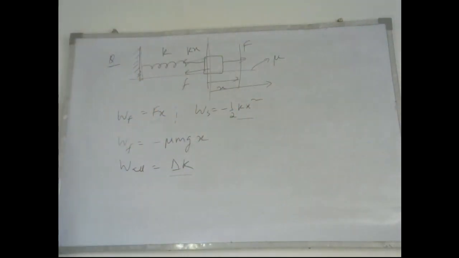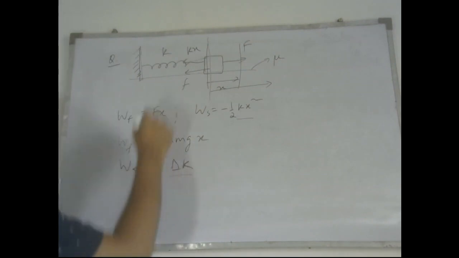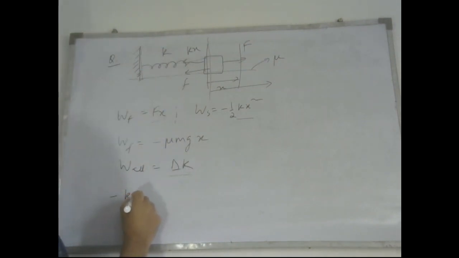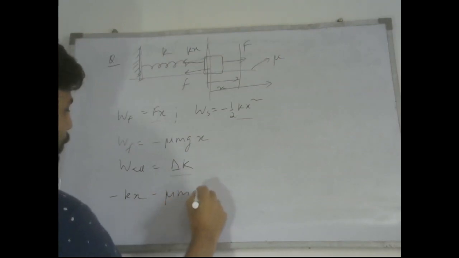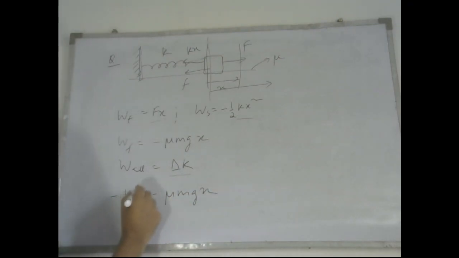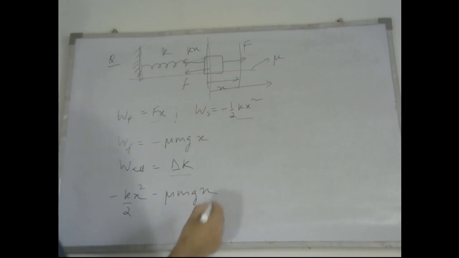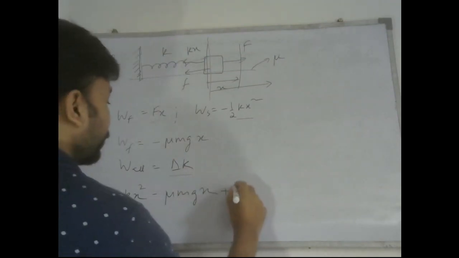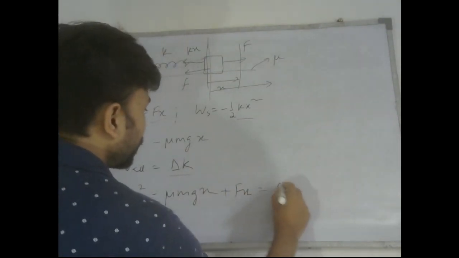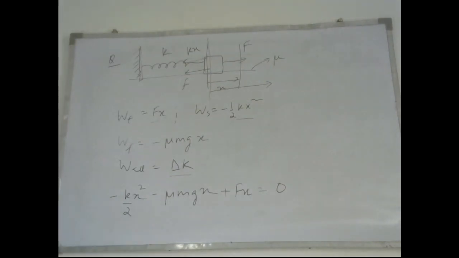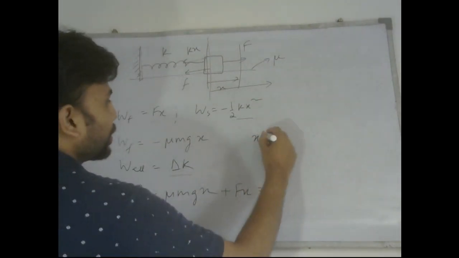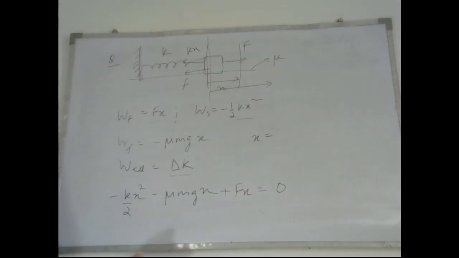So we would say work done by all forces is equal to sum of minus kx, minus mu mgx, minus half kx square, and plus fx. So sum of all the work done should be 0. So this gives a very easy expression to look at. So we can say that this would be equal to sum 2f divided by,